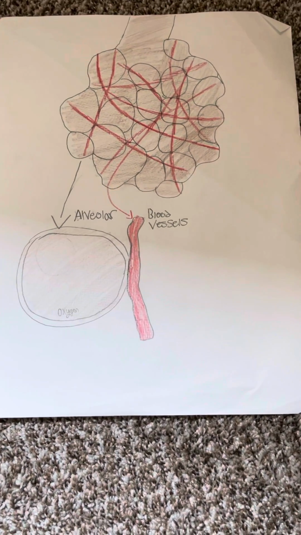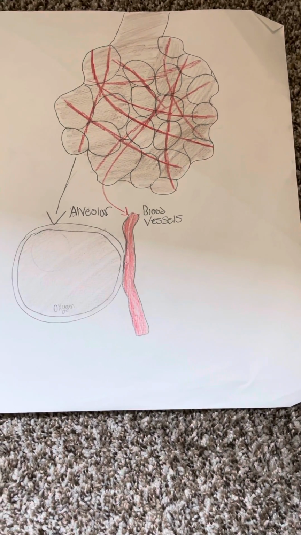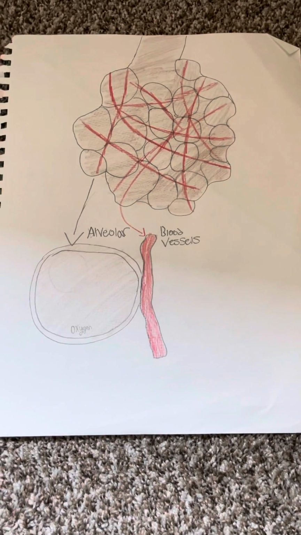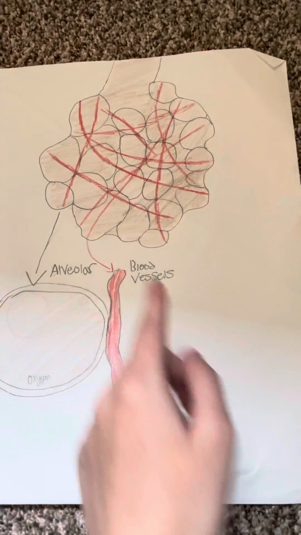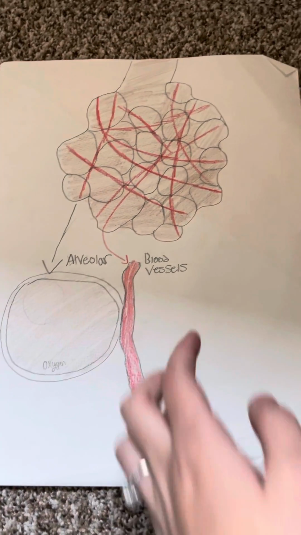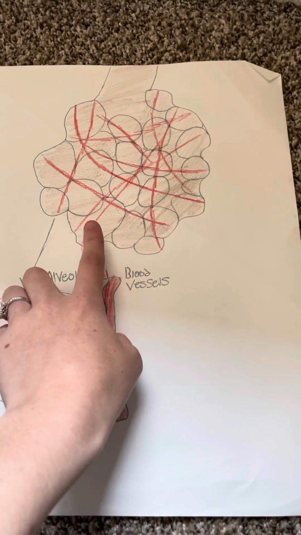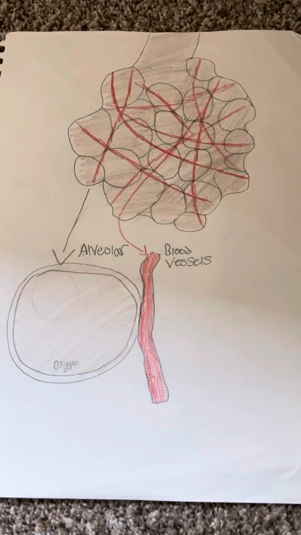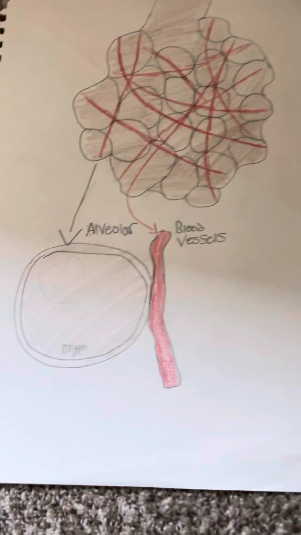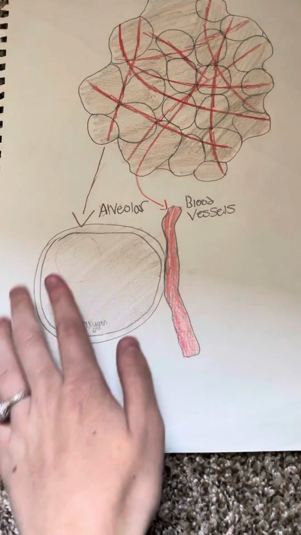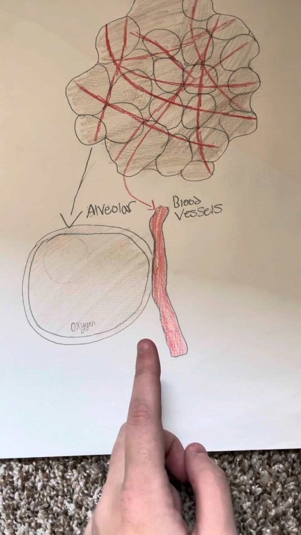For discussion 6, I chose to talk about gas exchange. So here I have what goes on in the lungs, and these little circles are the alveoli, and the red that's surrounding the alveoli are blood vessels. And gas exchange happens when one alveolus, so I expanded one to show you guys what it would look like